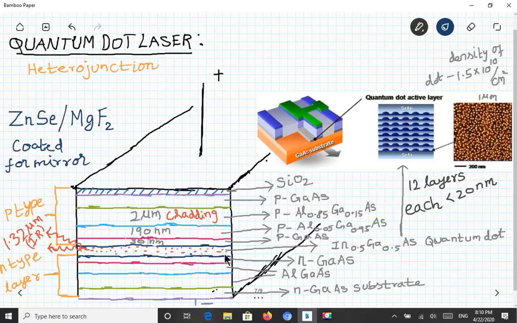Why do we need the back reflection? Because if the total internal reflection happens, then there will be a photon accumulation in the active medium. Why do we need the photon accumulation? Photon accumulation is needed to induce the process called stimulated emission. You remember that stimulated emission is very important when coming to the laser. So stimulated emission will induce the population inversion, so that all the excited atoms will be present in the excited level, and then coming back to the ground state, laser will be produced. So this is how the laser works.